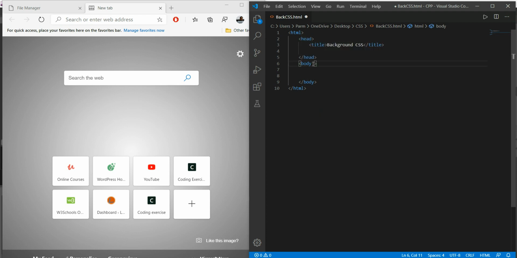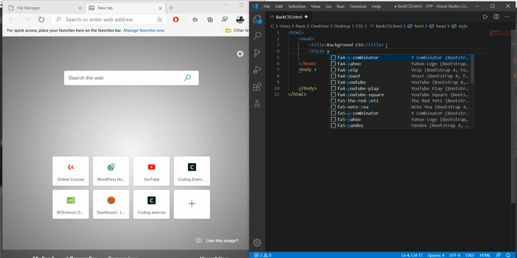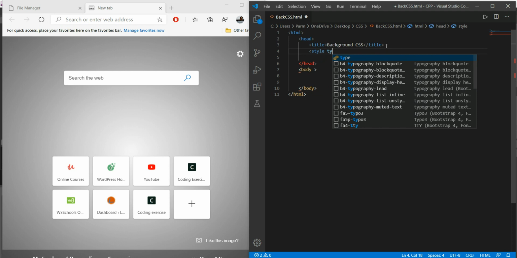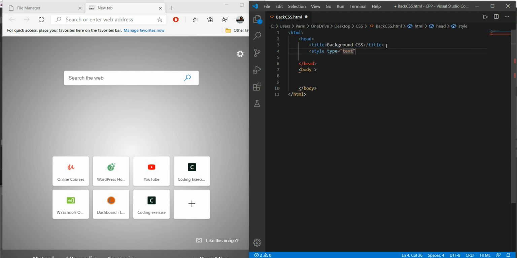So in the background we will learn first the background color, so that we can use inline as well as, instead of inline, here we go with practicing internal CSS. So for that we will go with the style element. Here we have to give the type. Here the type is text/CSS. This is to tell the browser that we have written a style sheet using CSS. Okay, so style is closed over here.